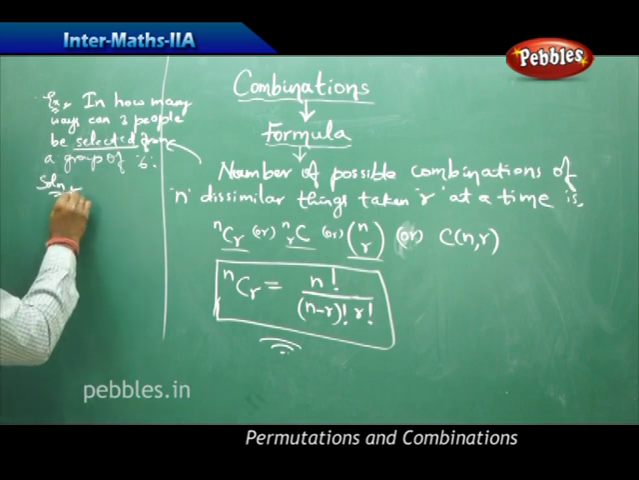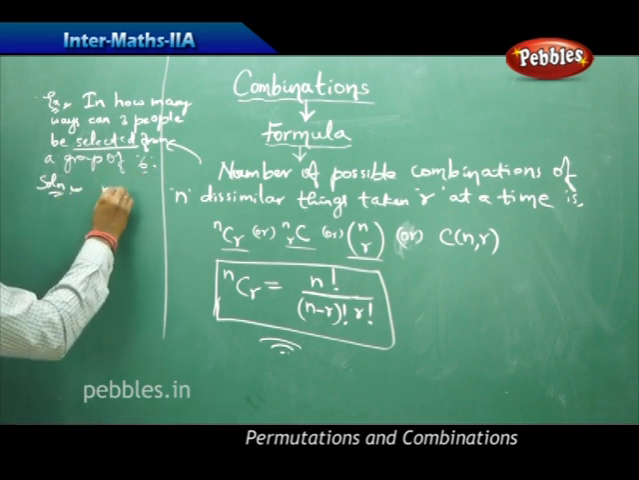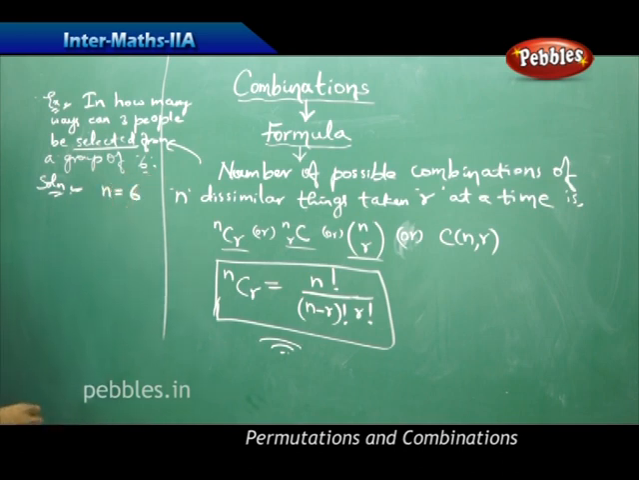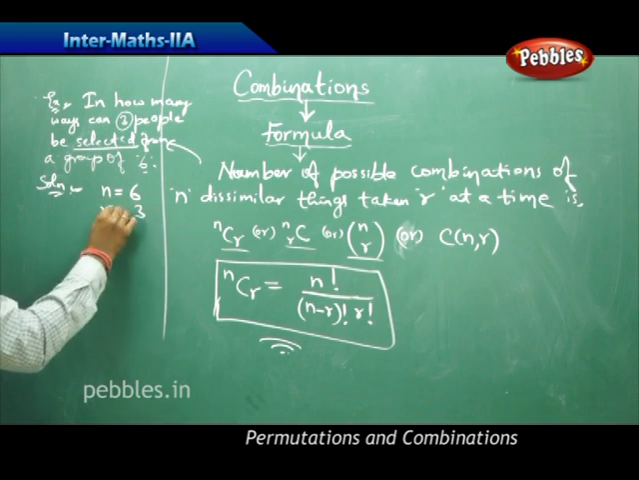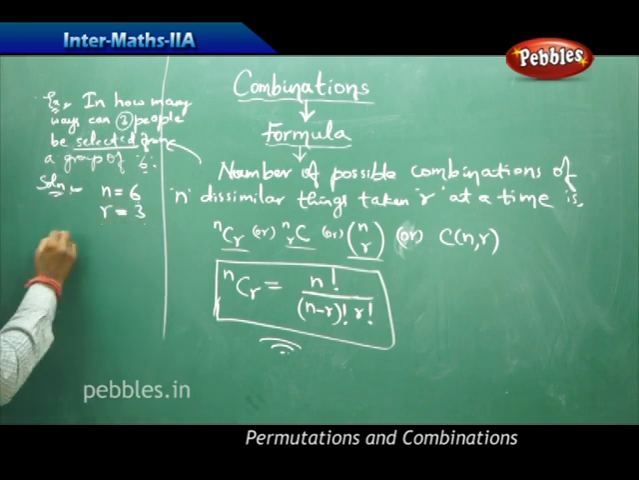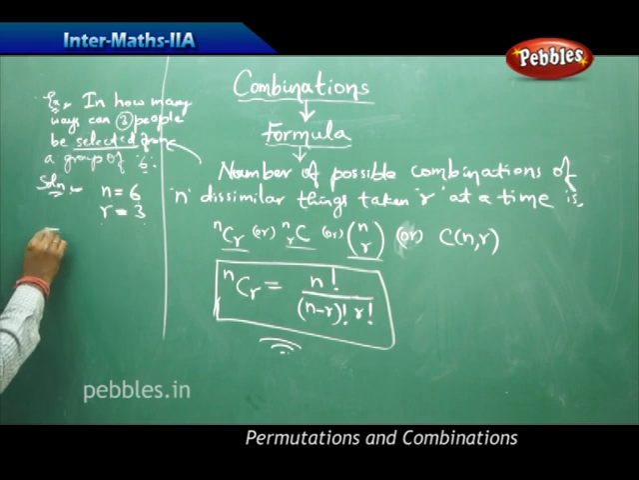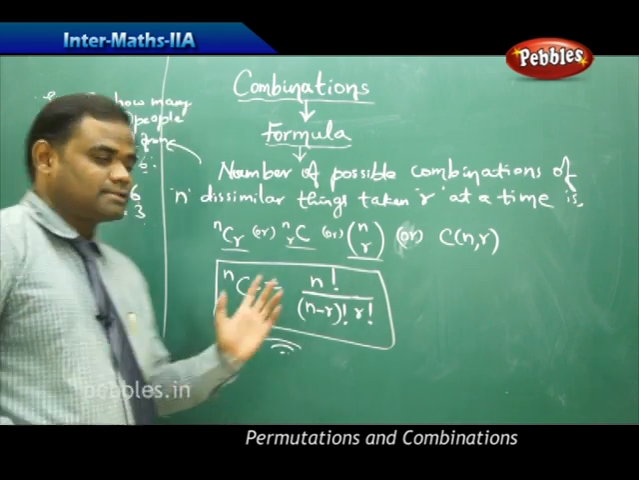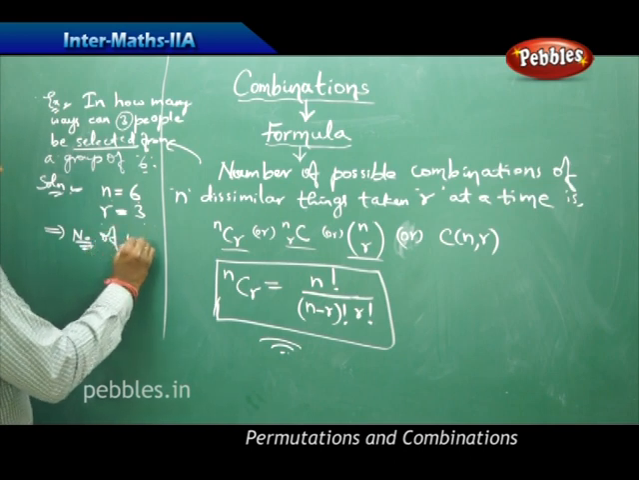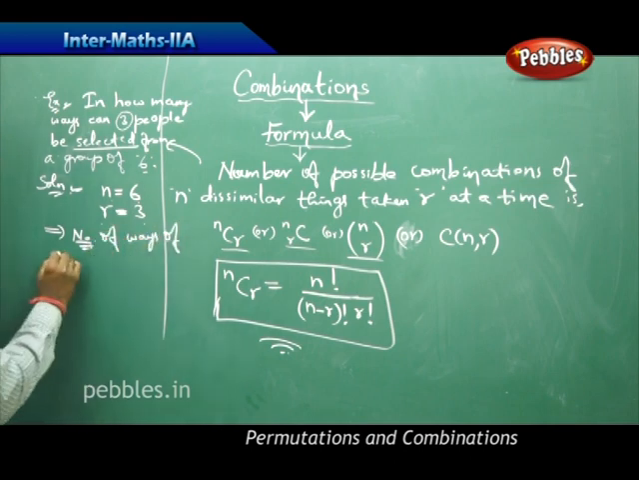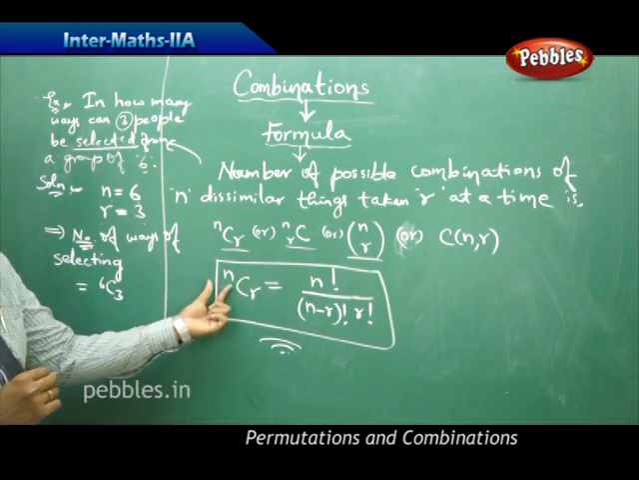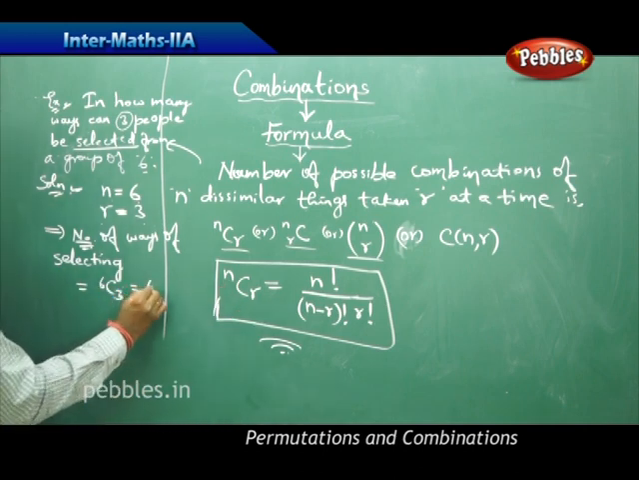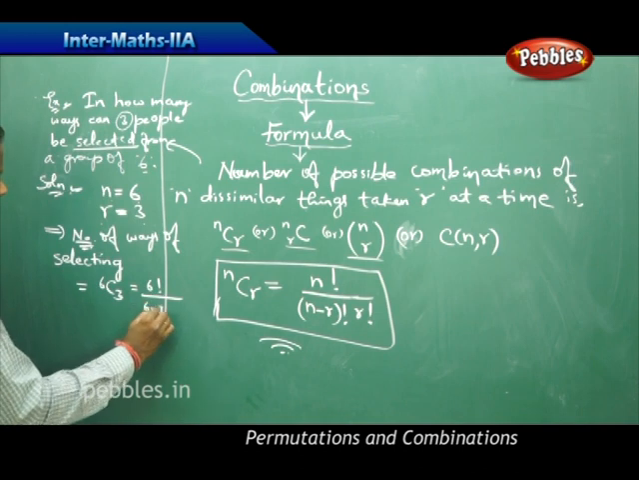So here I clearly see that the total number of people in the group is n, which is 6, and the number of people I'm selecting, which is 3, is r, taken 3 at a time. So using n equal to 6 and r equal to 3, the number of ways of selecting will be 6C3, given by the formula 6 factorial by (6 minus 3) factorial into 3 factorial,